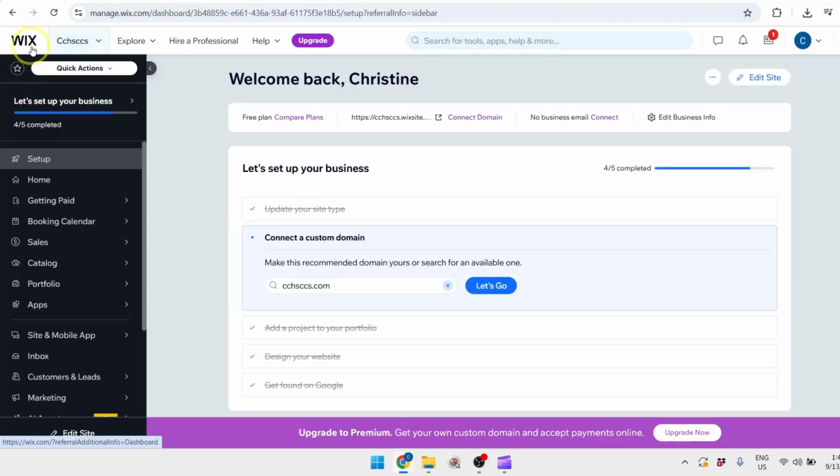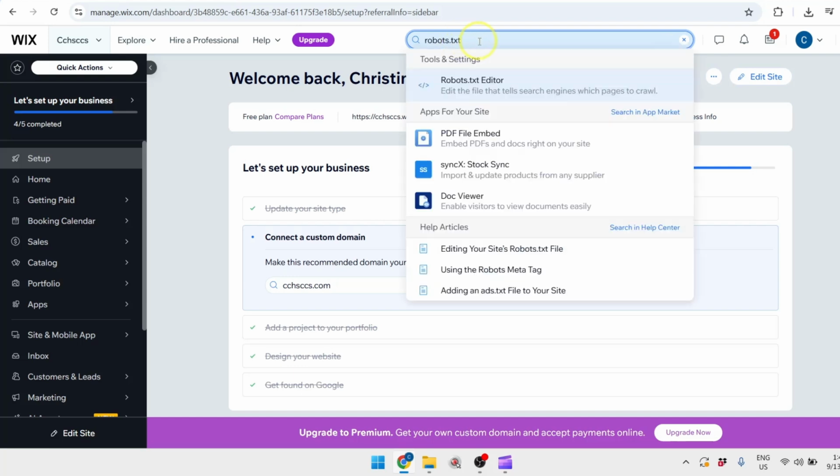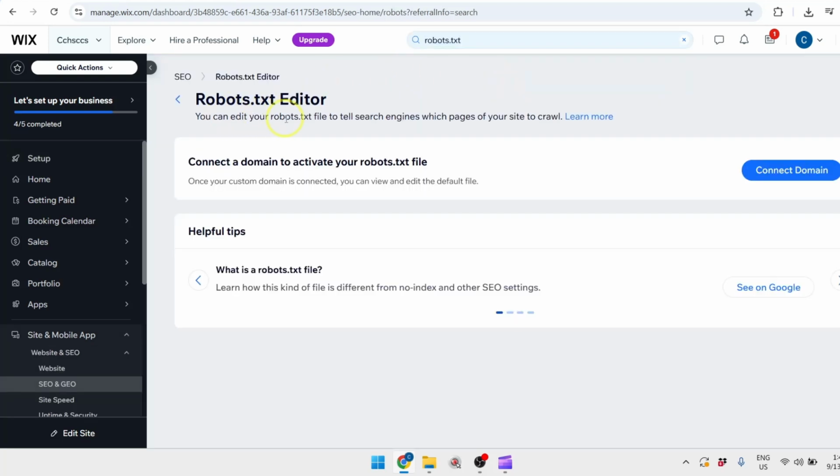In a new tab, head over to wix.com and of course make sure that you're logged into your account. Now in the search bar, just type in robots.txt. Then under tools and settings, you can see here the robots.txt editor. So click on it. So you can edit your robots.txt file to tell search engines which pages of your site